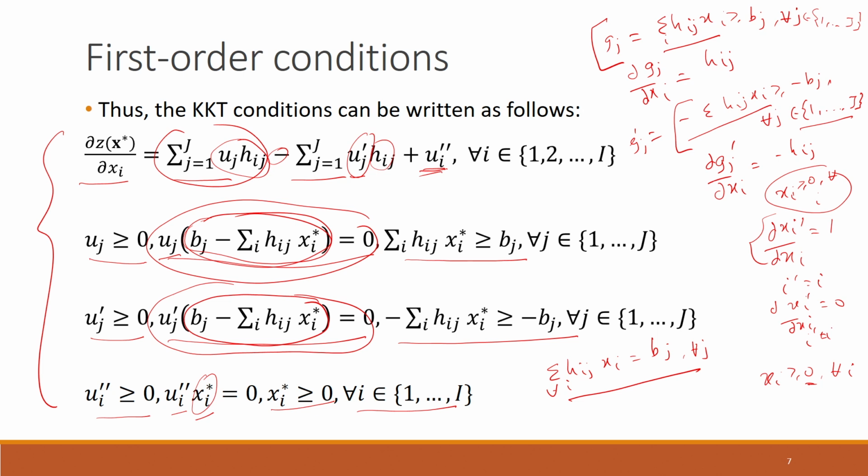Now the other thing is that these two constraints, summation hij xi star greater than equal to bj and minus summation hij xi star greater than equal to minus bj, can be compactly written as the linear equality constraint that we have seen before also. And another thing that we will be doing is introducing a new parameter uj star that will be equal to uj minus uj dash. So when we do that, then we can simplify this term here and we can just write it as